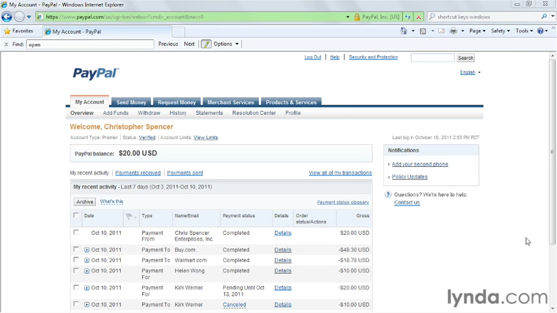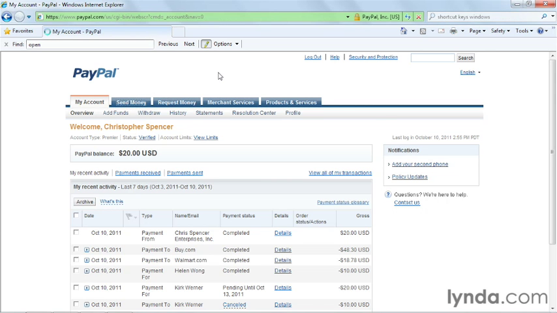If you've got a PayPal Premier or business account that's verified, you can call PayPal and ask them to enable a feature called Mass Payments. Mass Payments allows you to upload a tab-delimited or comma-separated values file and send multiple payments at once to multiple people. In order to learn how Mass Payments works, how to prepare a file and send it, click on the